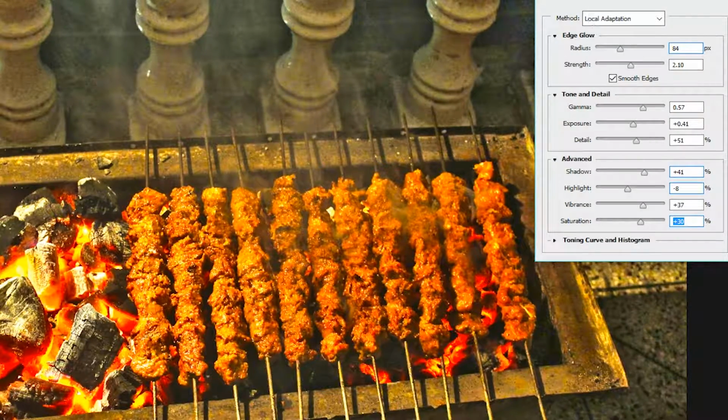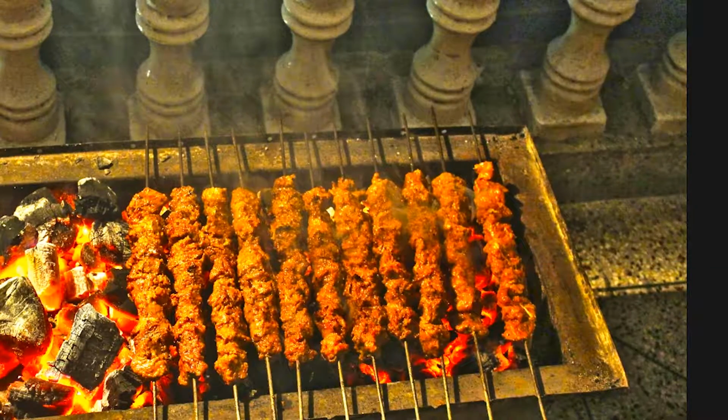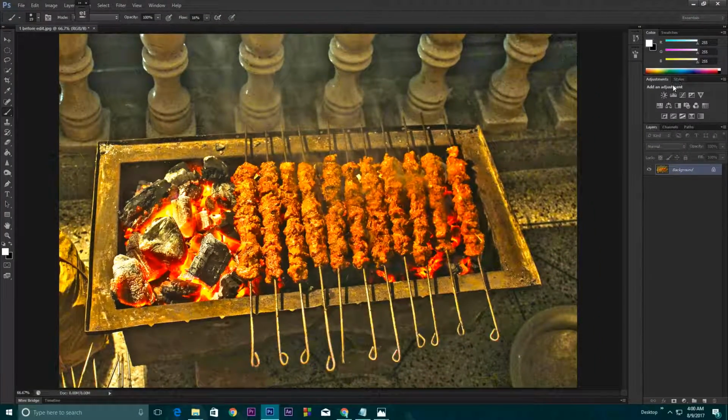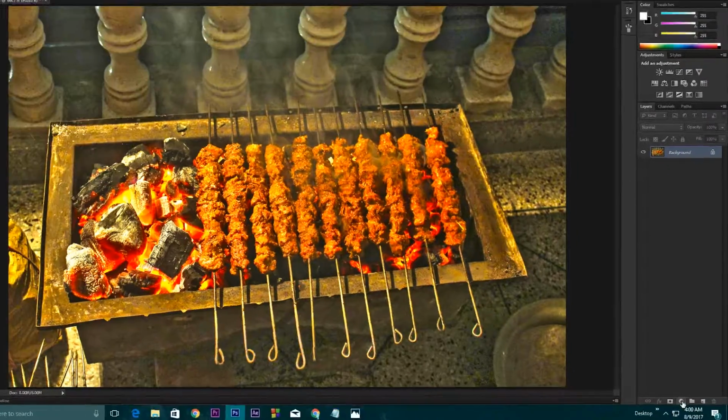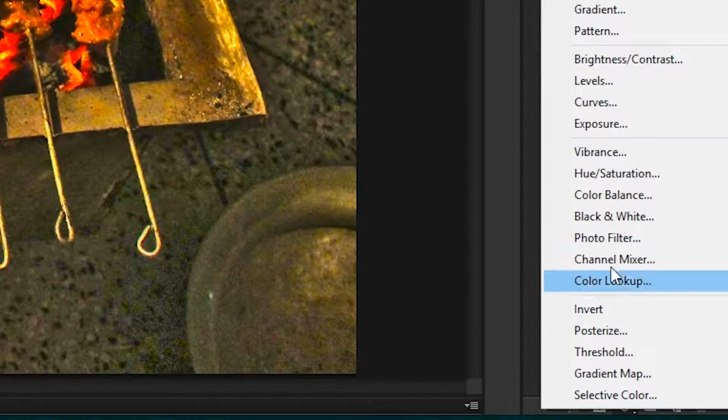So here I covered all the things, and then you need to press OK. Now you can also do one more thing, which is if you want to tweak the image a little bit, suppose you don't like all those yellow kind of tint in the image. So if you don't want that, you need to go to adjustment layer and click on the circle icon. You need to go to this hue and saturation,